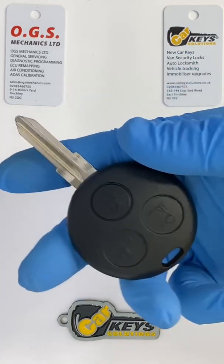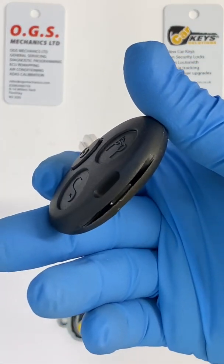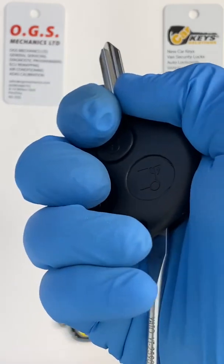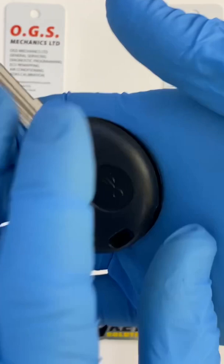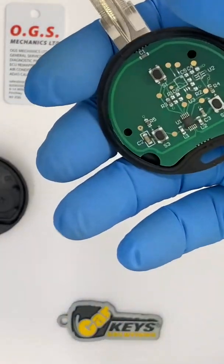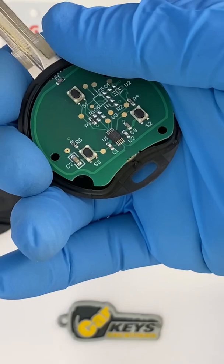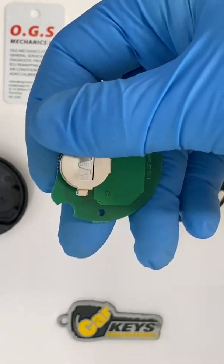Rather simple procedure. You have the key on the side. You will have a gap here which allows you to use a flathead screwdriver to pop it open. So it opens in two parts, and you'll have the battery just behind the board here. With the use of a small flathead screwdriver, you push it up and then you'll find the battery on the